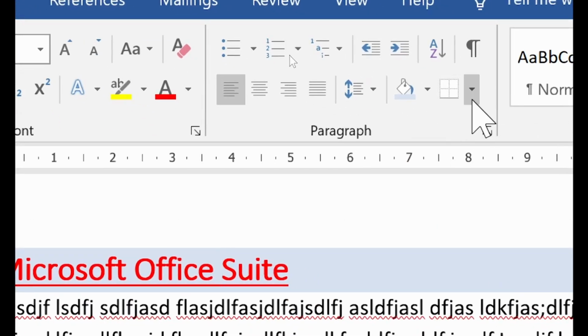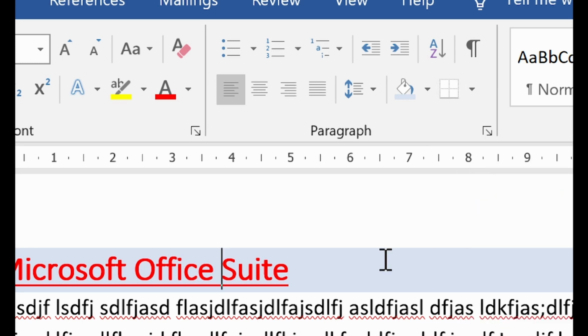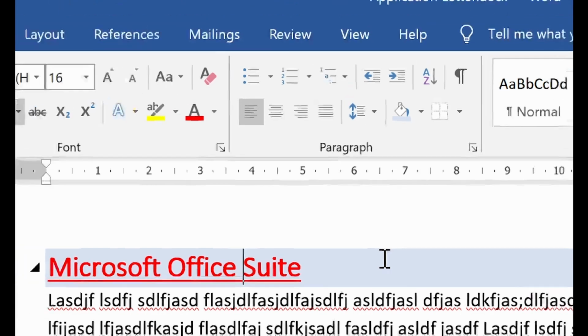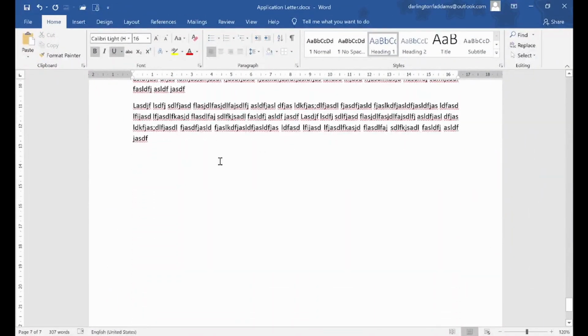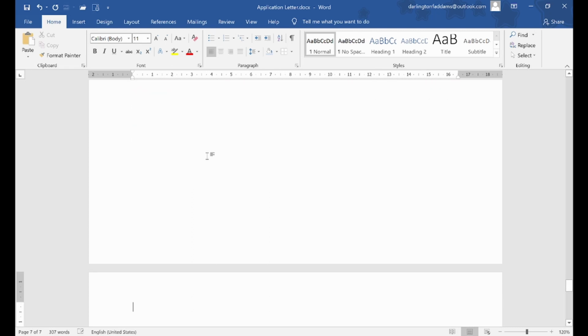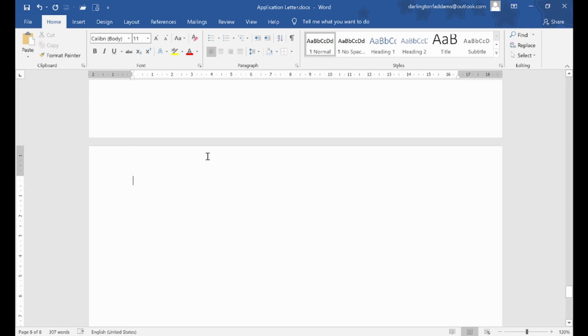The next tool we have here is for borders, and borders is very important for you to know how to use, because it helps you to create borders and control borders. So let me move to a new page, Control Enter. You remember the page break? That's what I've done here. Let's say I want to start a new topic on software engineering,